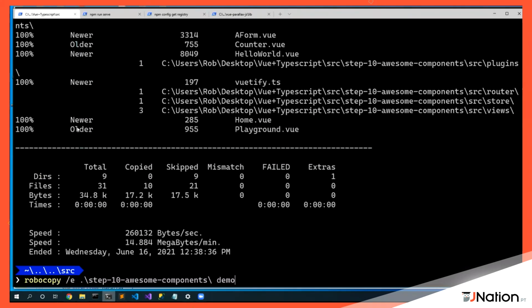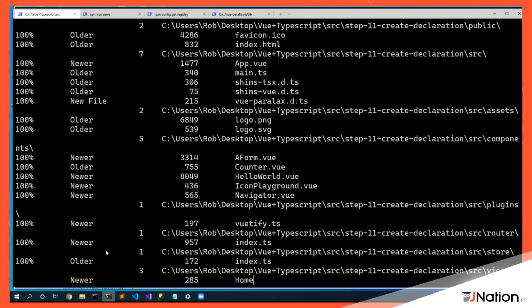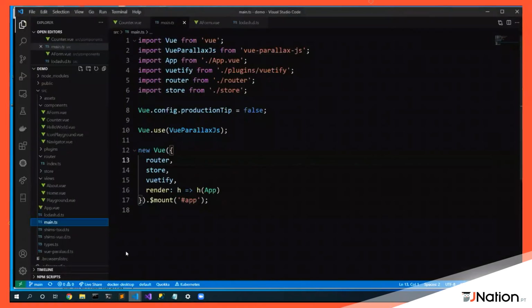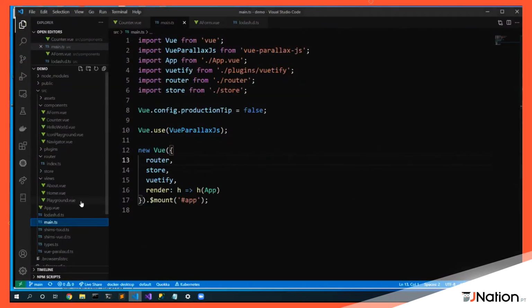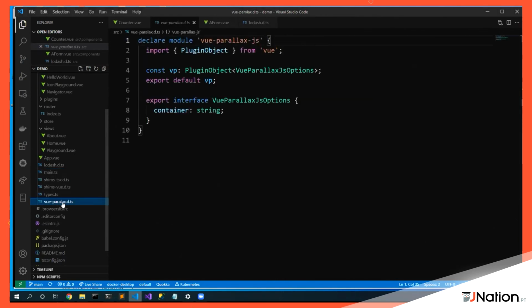So this one is step 11. And with step 11, ooh, my machine's having fun compiling that one. With step 11, let me actually close this Vue instance just in case. I now have this Vue Parallax.d.ts. So I was able to look at both the type declaration that it generated together with other plugins and